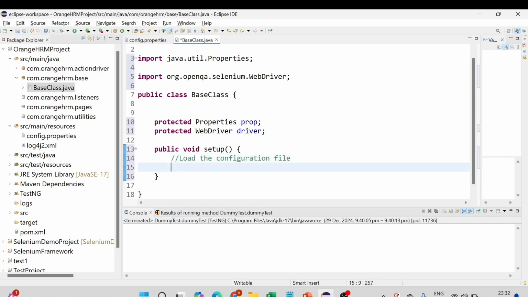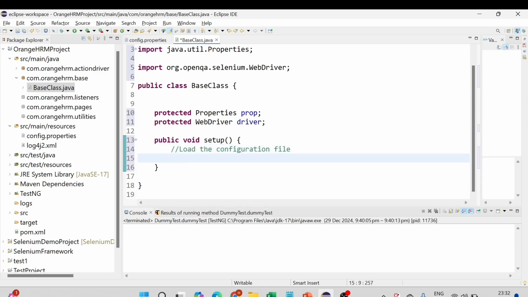Load the configuration file. How are we going to load the configuration file? We need to create the object of this Properties class, an empty object, so we can give the value here. We can store the object in this variable prop, and later we need to read the file. For that we need to create the object of another class using the new keyword, FileInputStream,